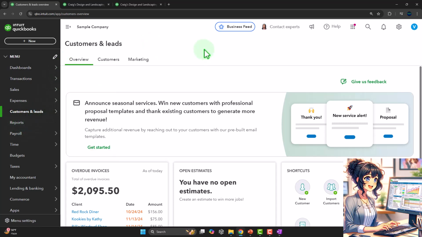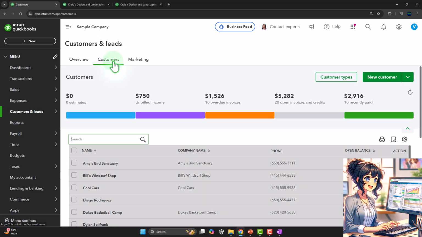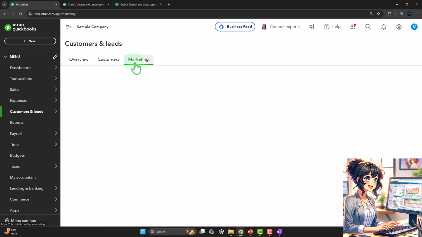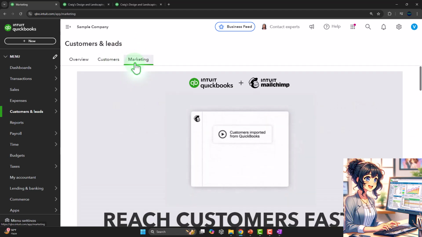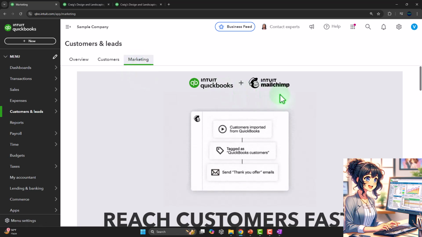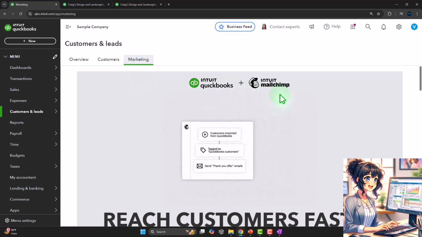Customers and leads. So this is going to be kind of a specialized area for customers, which we might have another course or section on. You have your customers here again, and then marketing information. Now, I believe Mailchimp is one of the big